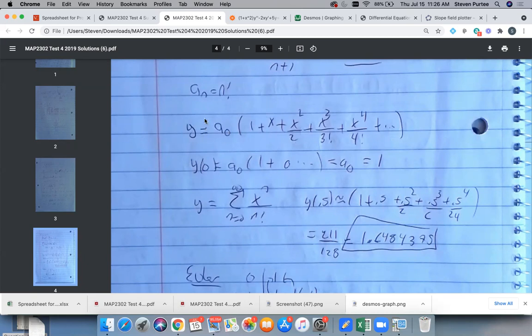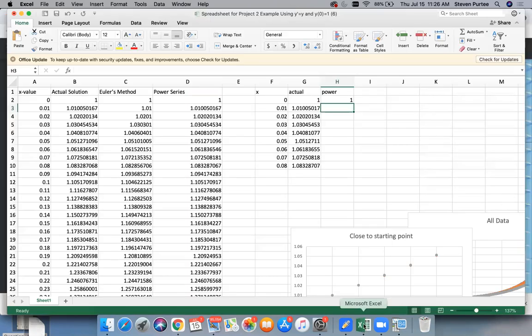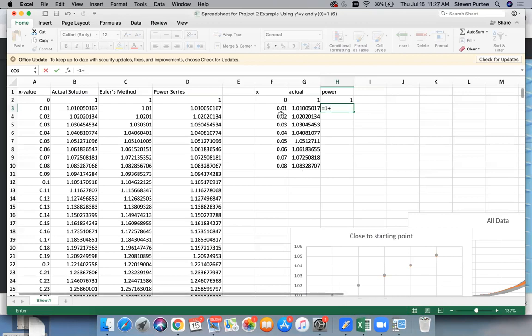A0 is 1. It's my initial value, y of 0. So now I want 1 plus my x value squared over 2, and so forth. So this next one will equal 1 plus my x value. So I'm just going to click on it. Plus my x value squared divided by 2 plus,